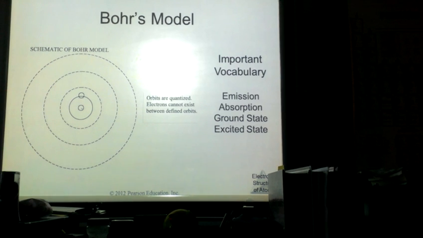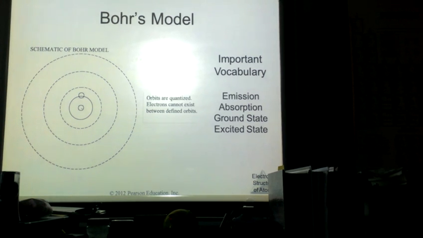So we have already done this, but just because we're going into Bohr's model next, we know that Bohr's model ultimately is that planetary model. So orbits are quantized, meaning that to move an electron from one orbit to another, the electron is going to have to gain a certain amount of energy to move to that next level. Emission, we know that just means that